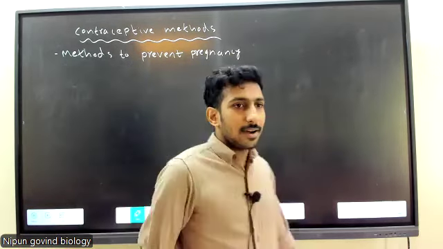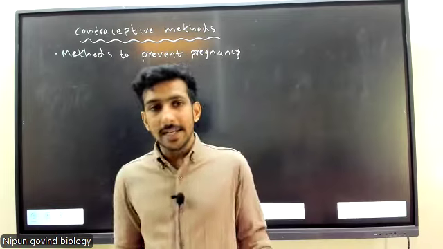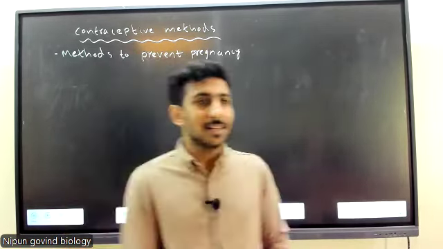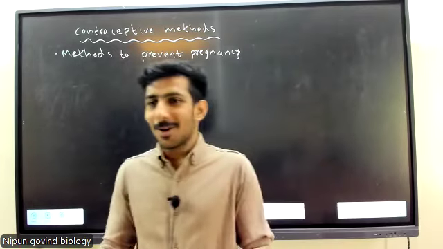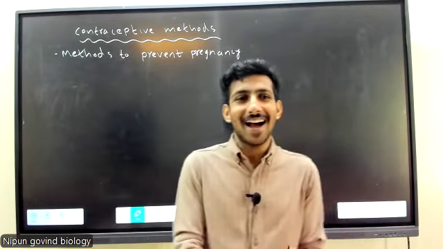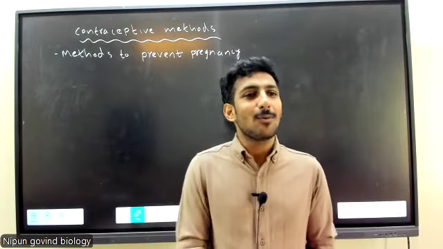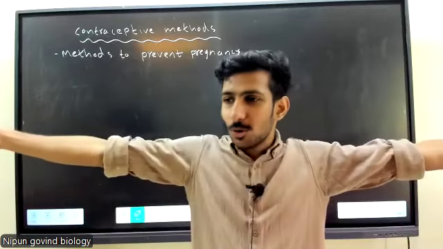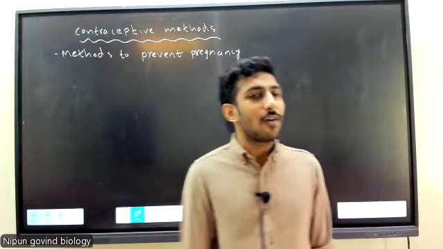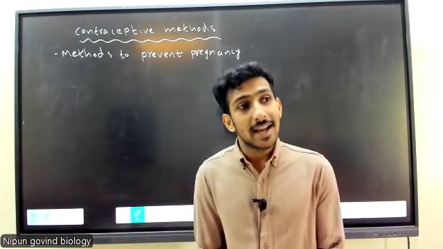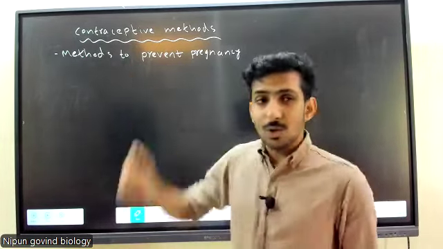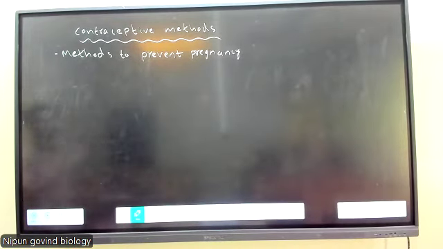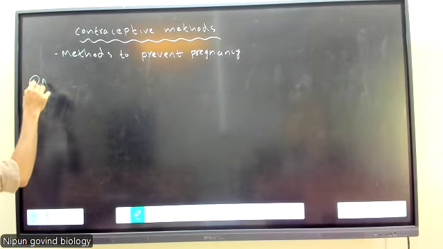Guys, for example, you are a married couple. For example, Asher is newly married, and his wife also, and they don't want babies for 5 years. They want to enjoy their life, they want to go to new areas. What can they do? They can use contraceptive methods. Different contraceptive methods are there. Four categories of contraceptive methods are there. First one is